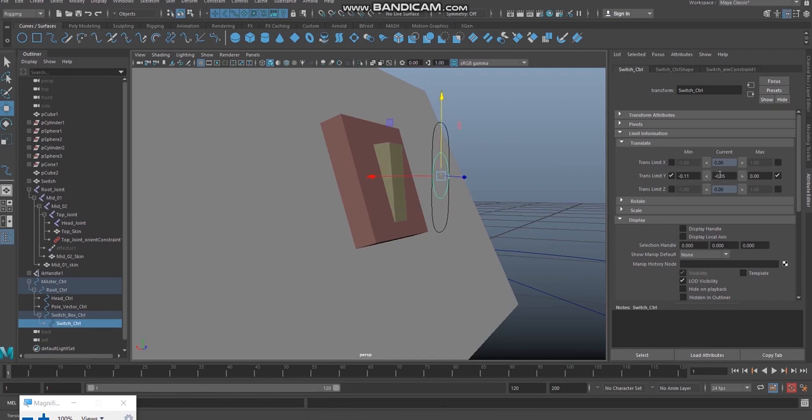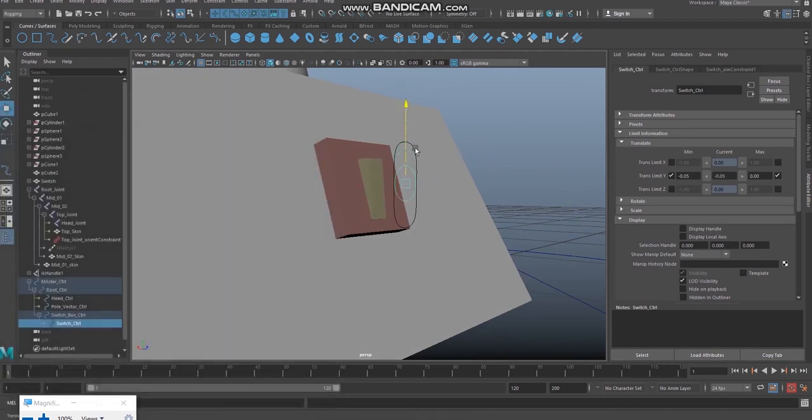I can see the current value is minus 0.5. I am moving it to the minimum value again. You can see previously it was 0.11, now it is 0.05 in the minus value. Now when I select it, that's all. The switch is working fine, right?